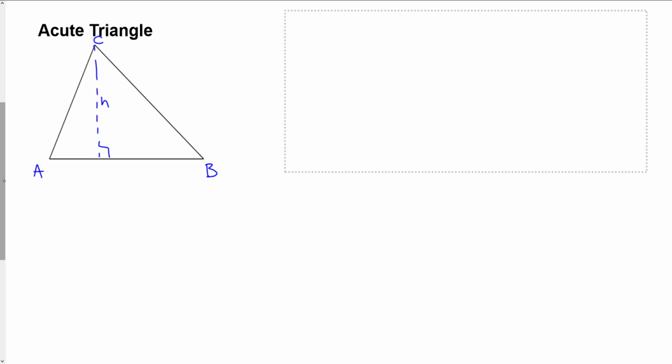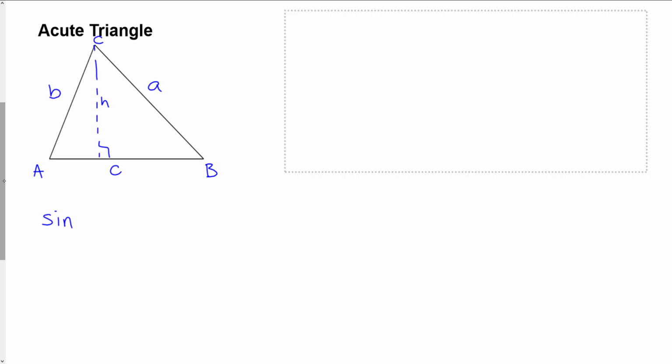Now I'm going to label the sides of the triangle, and it's important to note that I'm always going to label side a opposite of angle A, side c opposite of angle C, and side b opposite of angle B. So the corresponding sides are opposite to each other. Now, just using our basic right triangle trigonometry, if I chose one of the angles, and it doesn't really matter which one I pick,